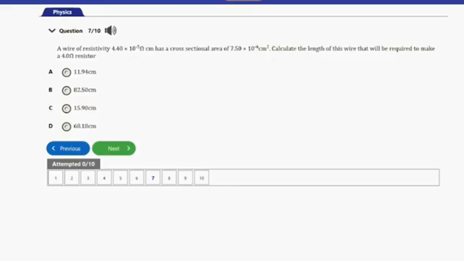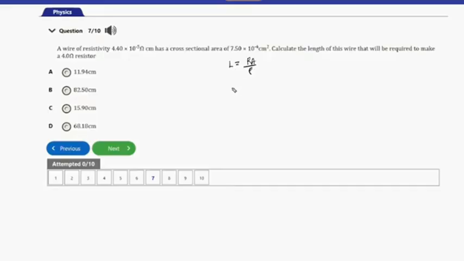So guys, it's just as simple as getting the formula for resistance here and then making L the subject of the equation. So when we make L the subject of the equation, definitely we are going to have R times A all over